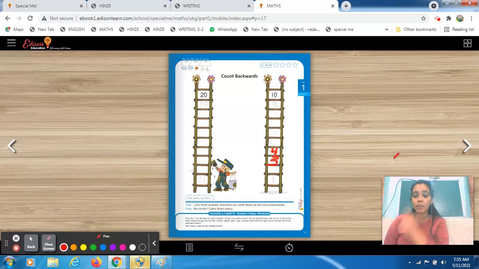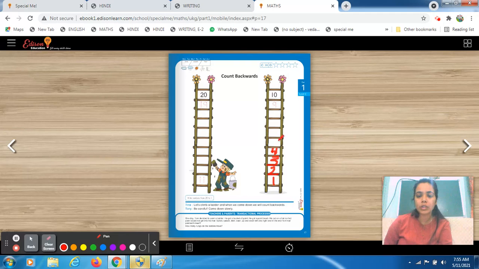Okay, the next number you have to tell me what comes before 3. Who will tell me? Yes, yes, hurry up. Who will tell me? Give me the answer. Sahaj want to tell me? Okay, Sahaj, tell me what comes before 3. Ma'am, it's 2. Very good, Sahaj. Yes, this one is right. Very nice, Sahaj. Okay, and this one is already written. Here it is 1, so you just have to trace it.